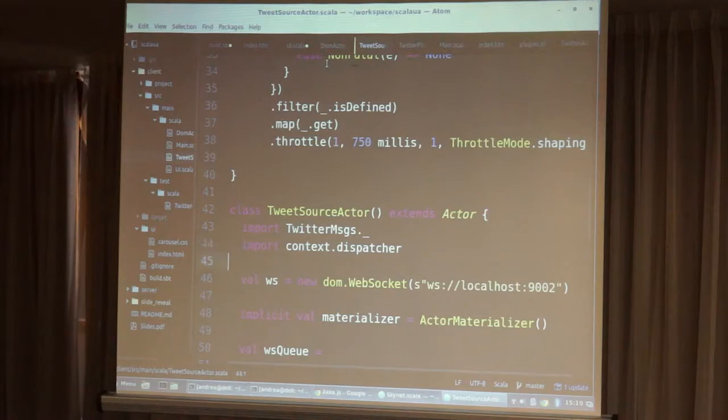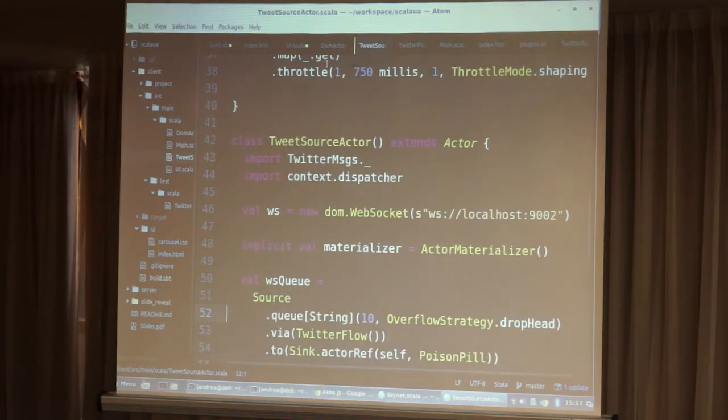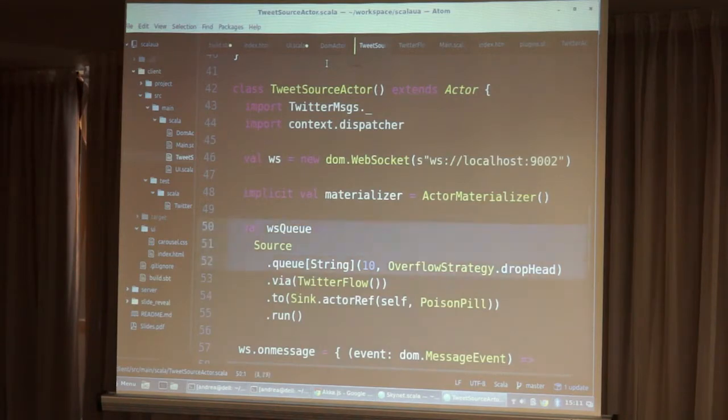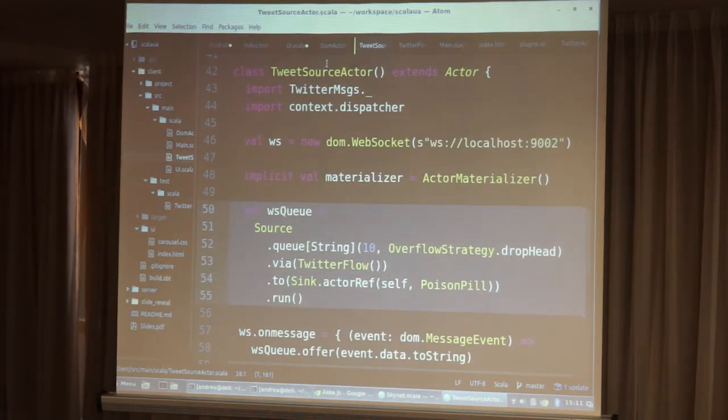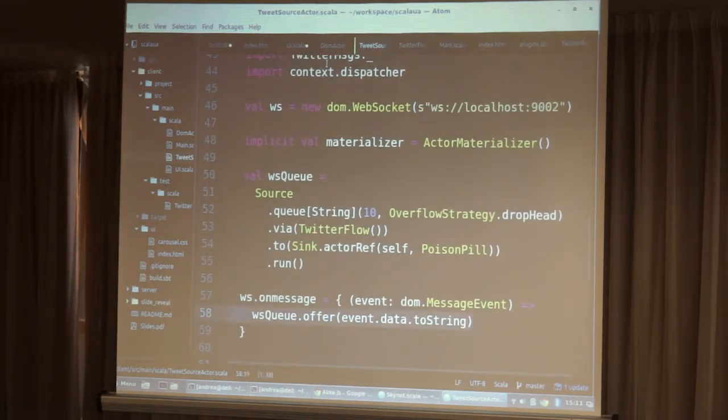That is the one that is spawned by the actor that manages the UI, that implements our flow, obviously, and the source will be a queue, and the queue will be filled one by one every time I receive a message on the WebSocket handler. So the WebSocket handler will call the callback on message, and again, as soon as we have a callback in Node and in JavaScript, we go away doing something with the actors, or in this case with the stream, and we offer into the input source of the Twitter flow